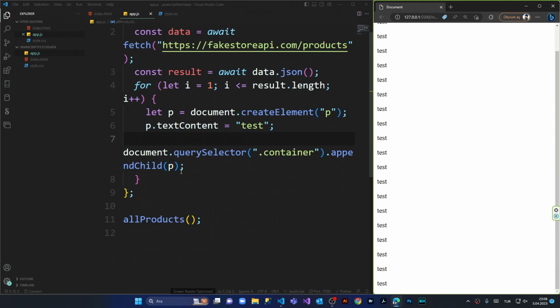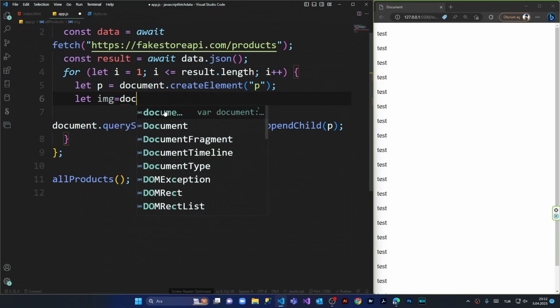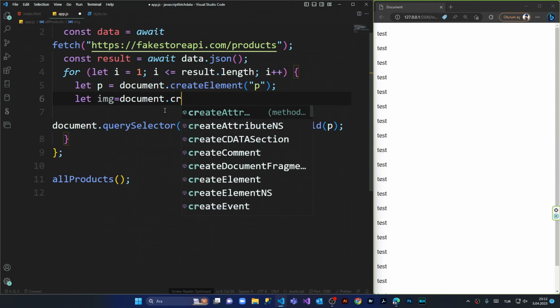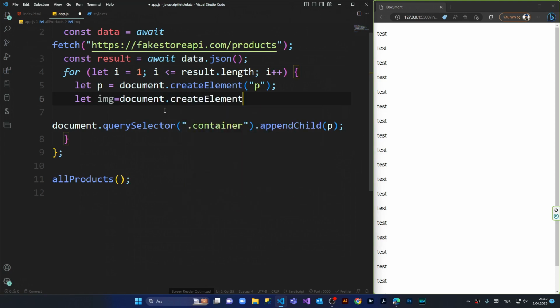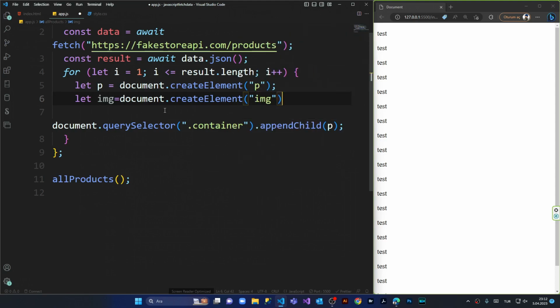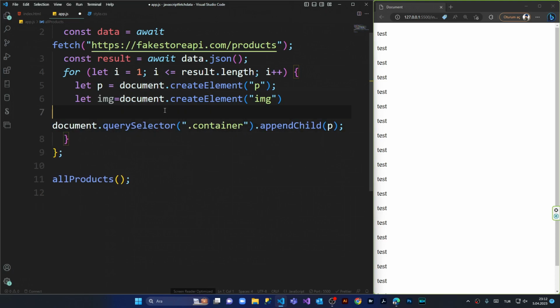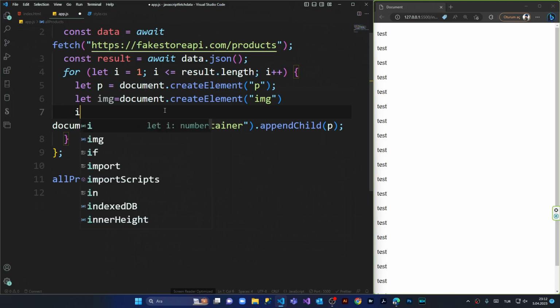So the time is the time. Now let's grab every image inside our result. Here I'm gonna delete this p tag. I'm gonna create an image element here. I'm gonna say image equals document.createElement. Okay, we're gonna create an image, and for this image, sorry, once again, for this image,